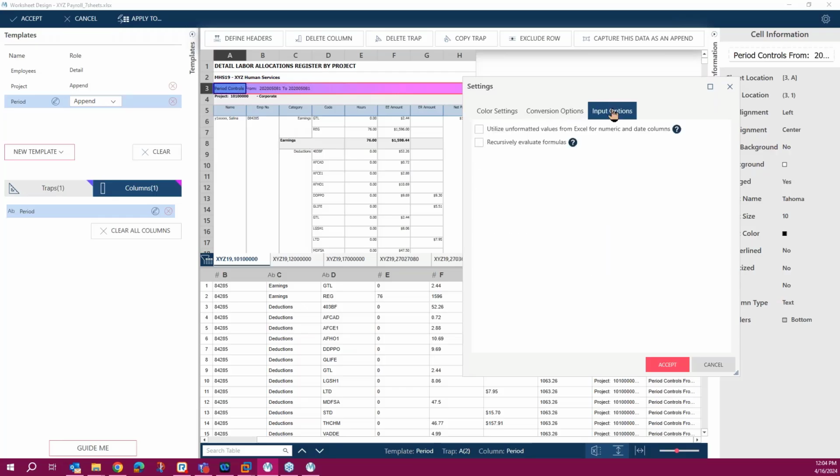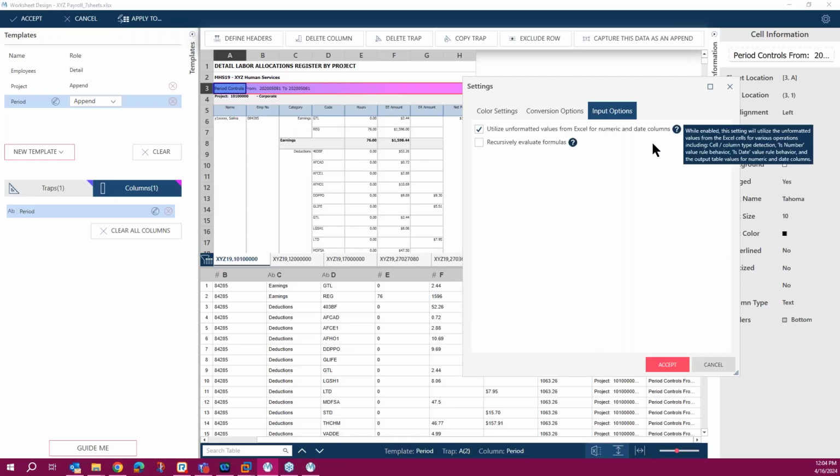And input options. This is special. In some cases Excel has some numeric or date that is rounded. When it comes to Excel design, it rounds it. So you may want to play with these options, which give you some explanation of the purpose of these two options.